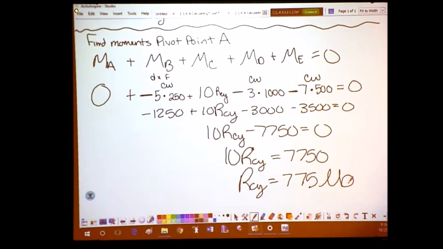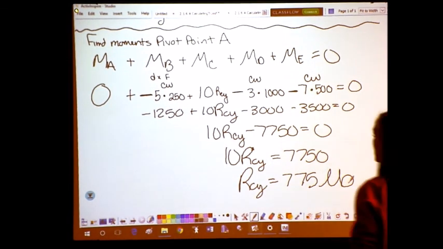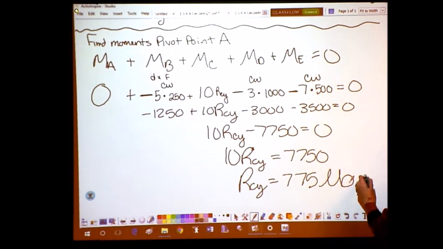Now let's be very careful with this. Very, very careful with this. That does not mean it points up, necessarily. That does not mean that it moves up. It means that it's what? Clockwise or counterclockwise? Counterclockwise. So what we need to do, because we're in moments, we only do this in moments, go up to